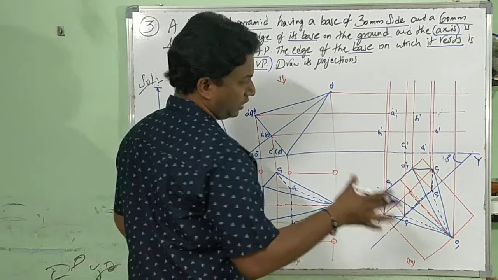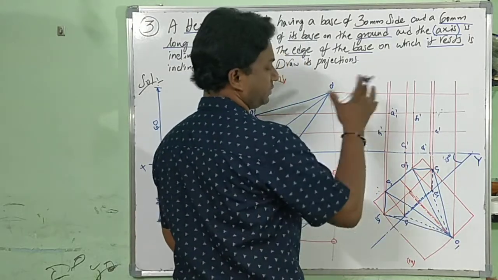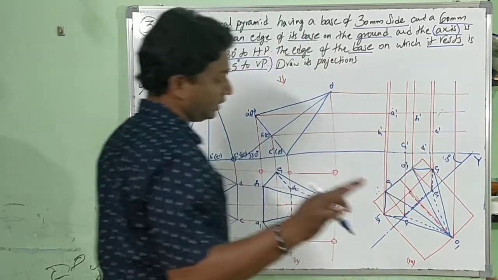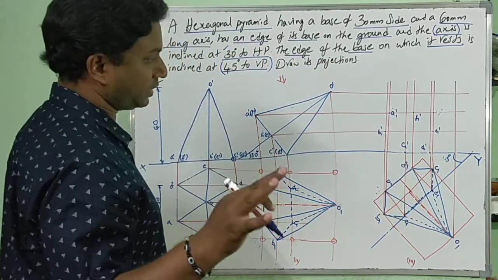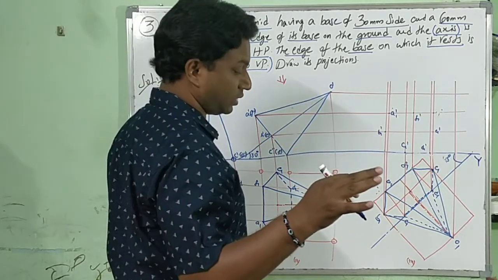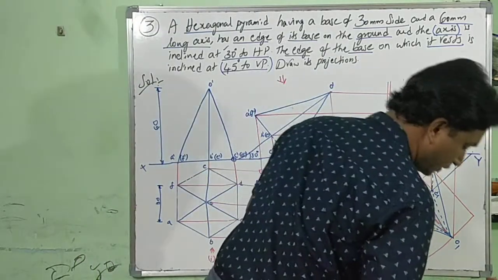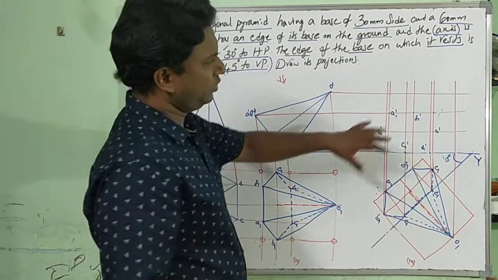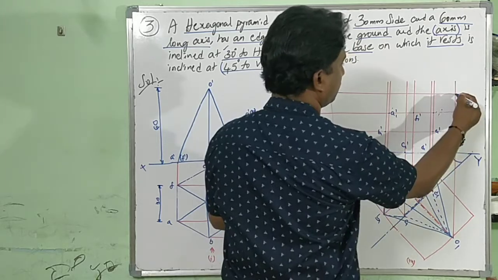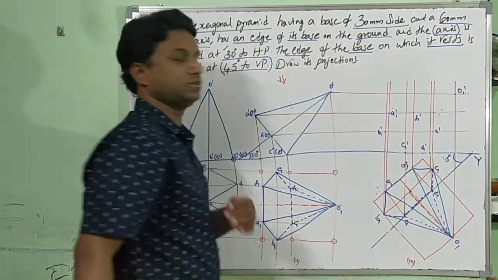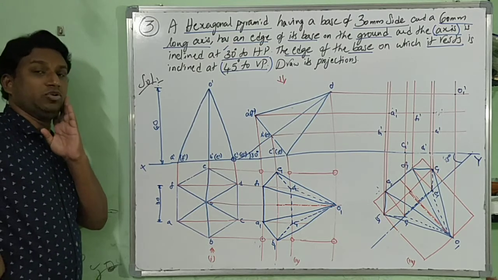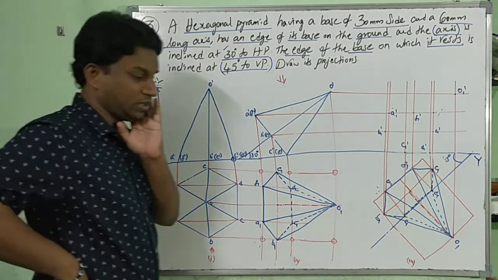Now, when you are looking from here, what are the edges which are thick? What are the edges which are not thick? 3 will be confirmed, they will be thick. 3 will not be thick. See, what are the things which are thick? What are the things which are not thick? By looking here, O dash, O1 dash. See, by looking there, you can analyze and you can plot on your own which are thick.